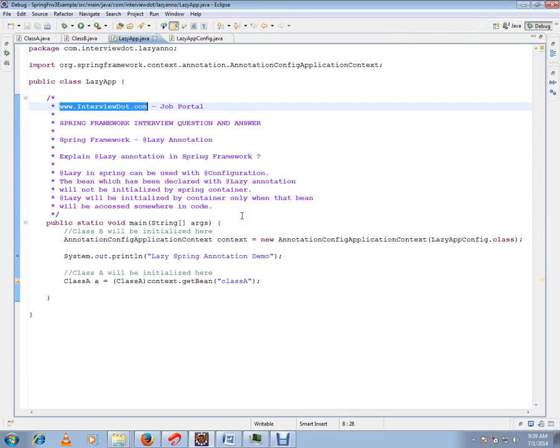Lazy in Spring can be used with a configuration file. A bean which has been declared with the lazy annotation will not be initialized by the Spring container. When I load the context or create the context, the beans which are annotated with lazy will not be initialized. A lazy bean will be initialized by the container only when that bean is accessed somewhere in the code. That means on demand the beans will be